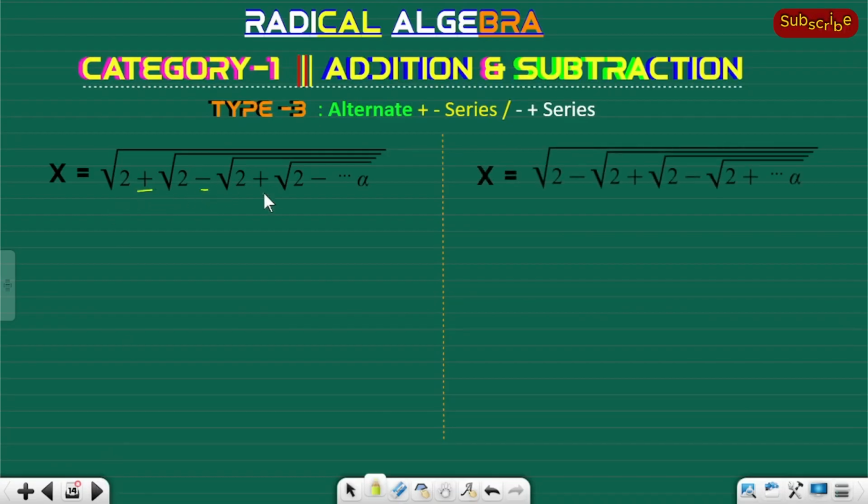Plus minus plus. Here it starts with plus. Here it is minus plus minus, so it starts with minus. Here it starts with plus. So the formula would be root over